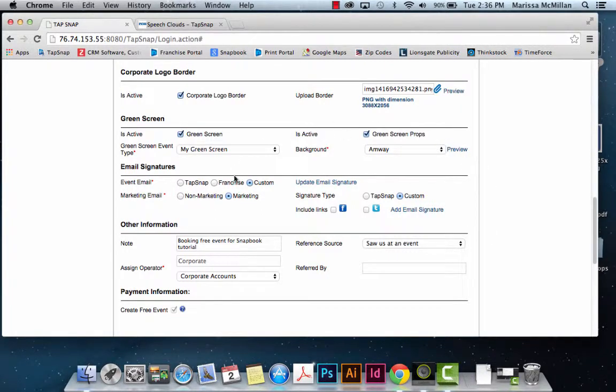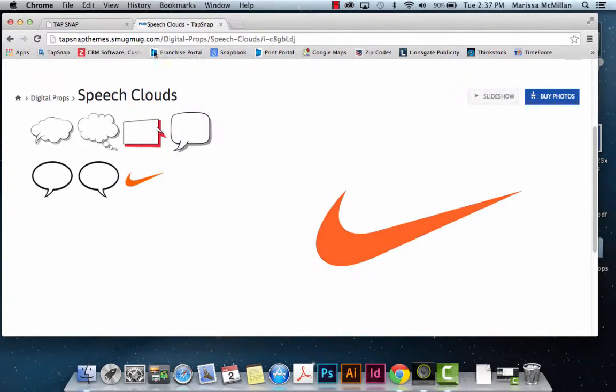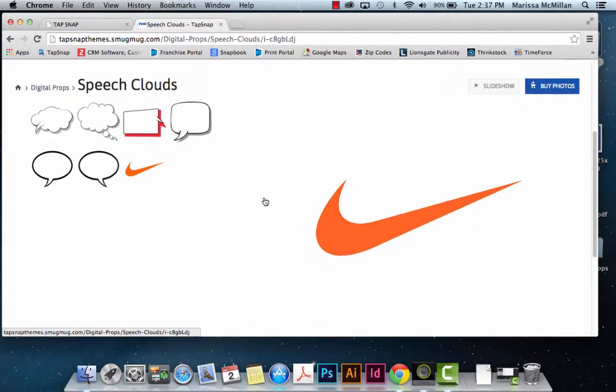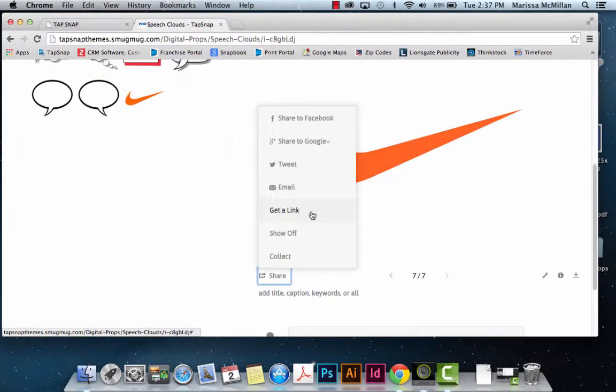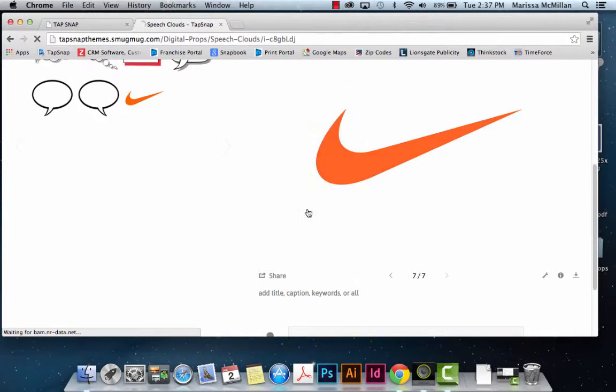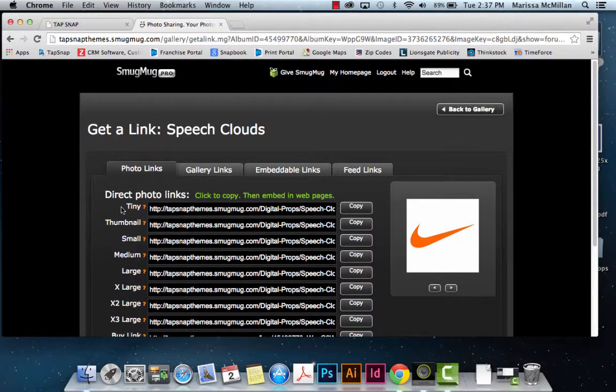So what I'm going to do first is I'm going to add it to an event email. So first thing you do is actually upload the logo that you need to your SmugMug account, and this is just the corporate one. And what I'm going to use is this Nike logo here. So what you're going to want to do is you're going to go down here to share, and then up to get a link. So we're going to click that, and